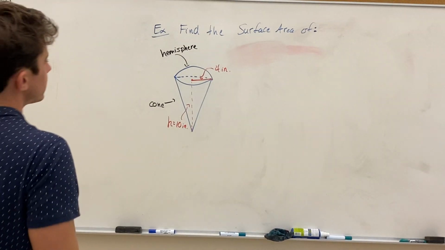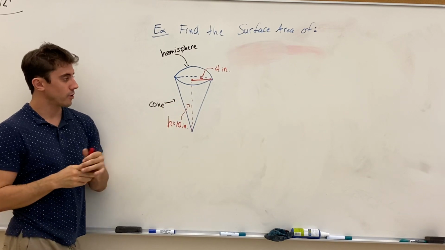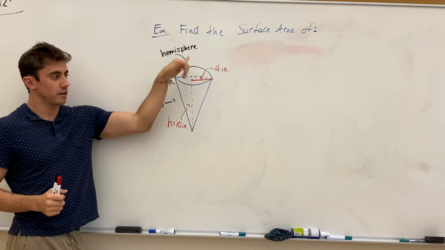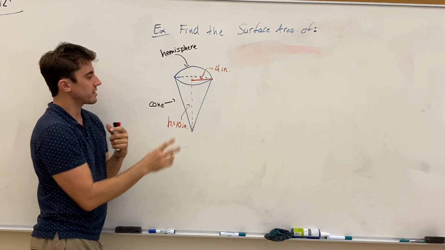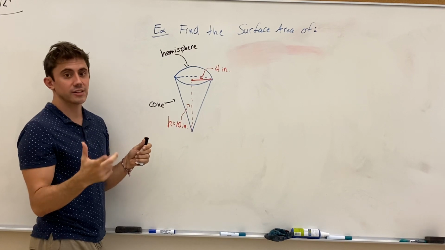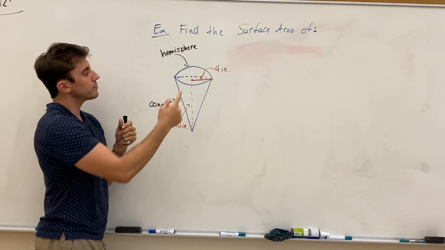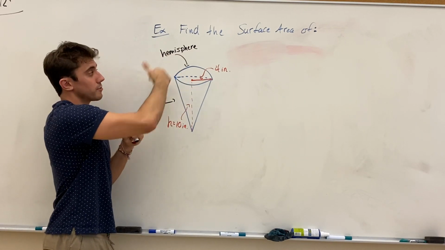Good afternoon, everyone. Today we're going to do an example where we find the surface area of a composite object. Here is a cone topped with a hemisphere, kind of like an ice cream cone. When we look for the surface area, we have to consider what surfaces we actually have to look at. When we have our cone on the bottom, we know that we're not actually going to find the area of the circle that tops it,